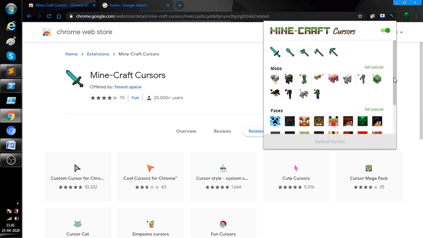So it's come. It took a bit of time because I kept on messing it up, but finally it's come. So you can see there are a few weapons here, all diamond. Then you can see a few mobs. I don't know why there's a chicken, but still.